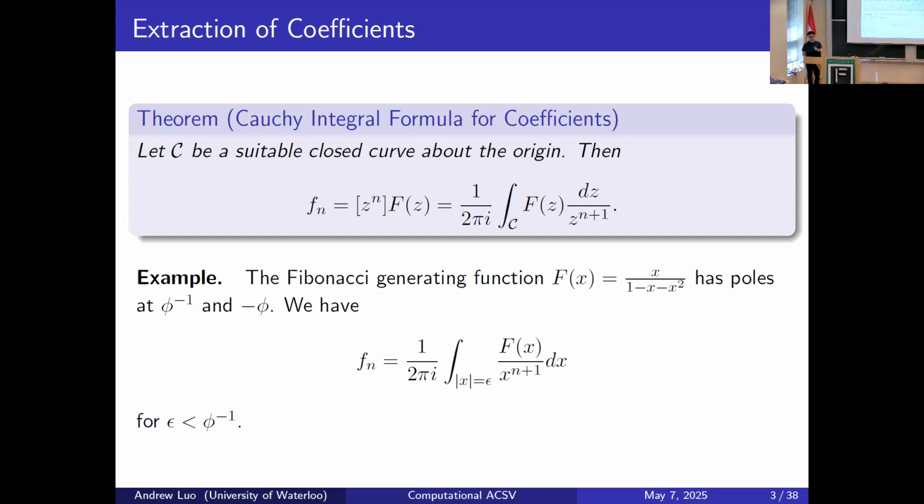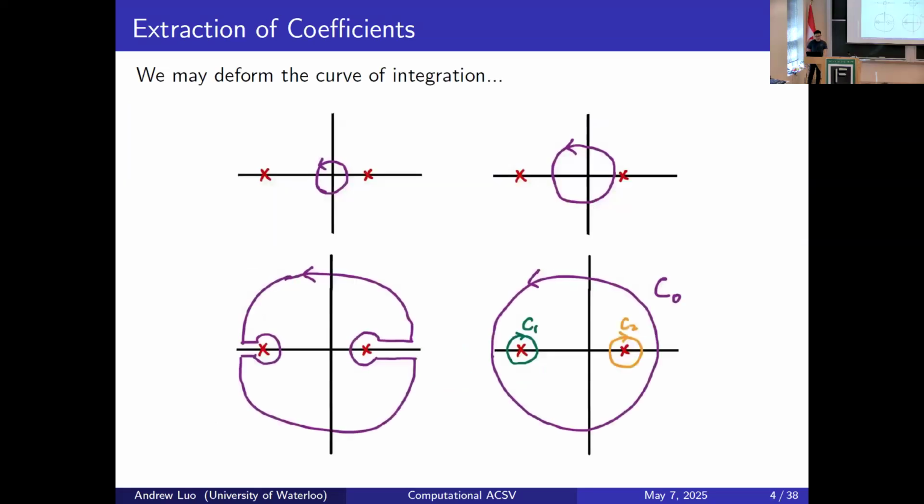Going back to our Fibonacci example, I need to mention that you have to integrate over a curve around the origin where f is analytic. If you choose your curve to be a circle of radius less than the radius of convergence of f, then you get this formula for the nth Fibonacci number. Then you can deform the curve of integration as long as you're not crossing any singularities. In fact, you can even go beyond the two poles of the function, as long as the curve doesn't cross them at any point.